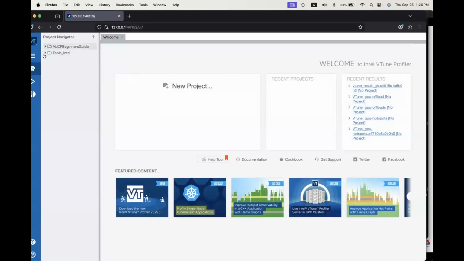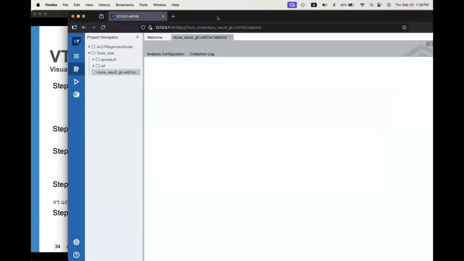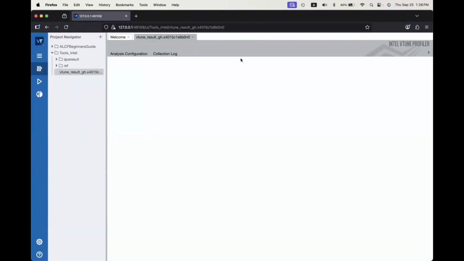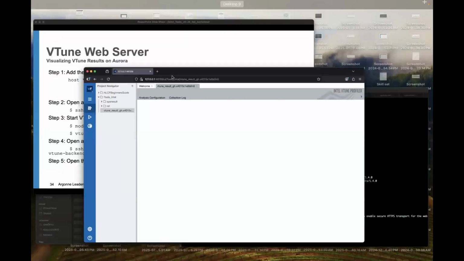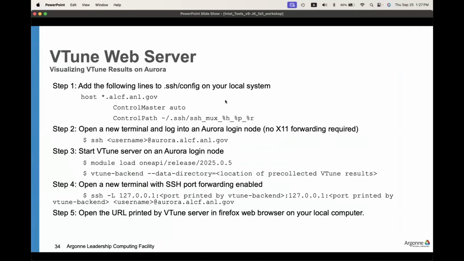On the left-hand side, you see a couple of directories in the data folder. And then you may see some VTune result files. So here, if you open one up, you can see the VTune GUI interface popping up. Okay, it takes a little bit of time, but one advantage of using the VTune backend is, in my